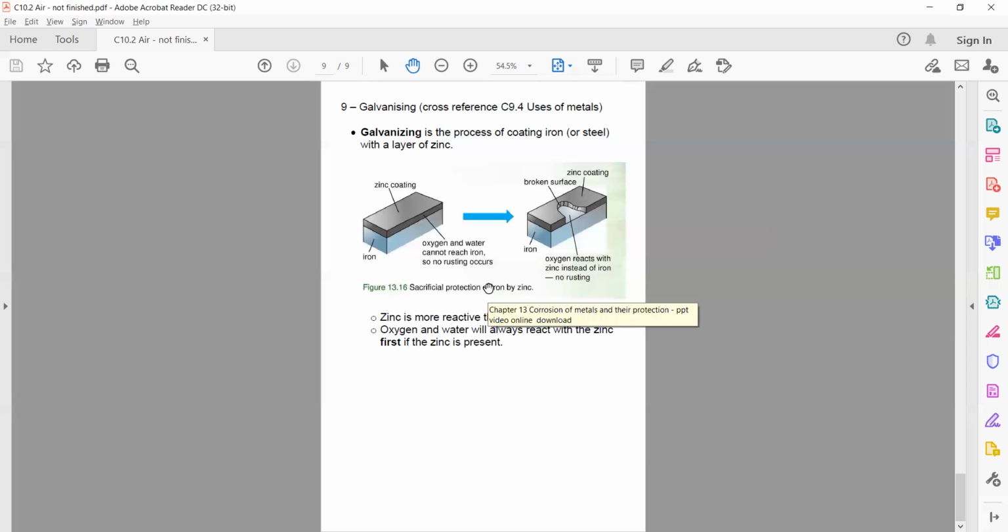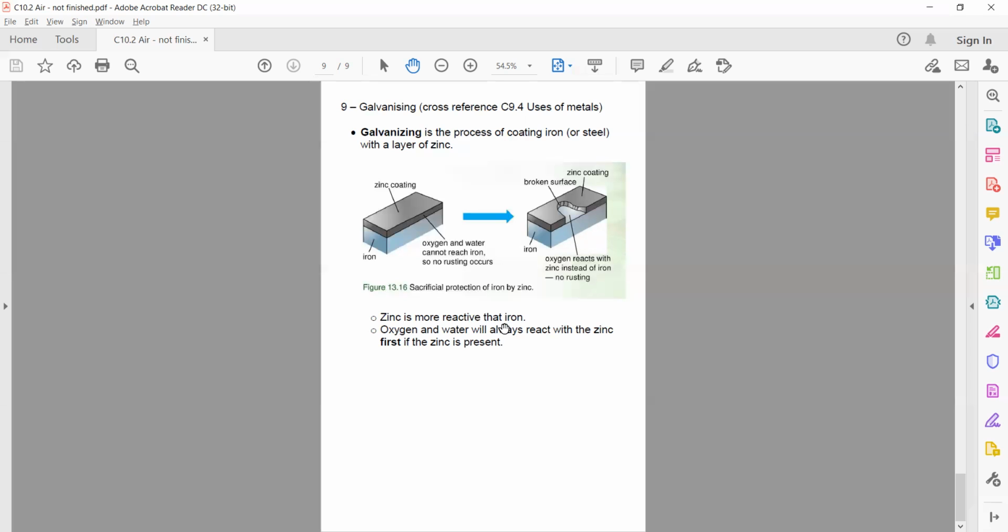And then what do you think the disadvantage is of galvanizing versus painting? It's probably more expensive. Exactly. So galvanizing is probably far more expensive because you're coating it with metal. You literally have to coat it with zinc. I don't know what the relative price is, but I'm pretty sure that paint is probably cheaper than zinc for the same amount. Also, advantages and disadvantages. Good to galvanize, but bad because it's expensive. Good to paint because it's cheap, but bad because once you peel off that paint, you expose your surface again.